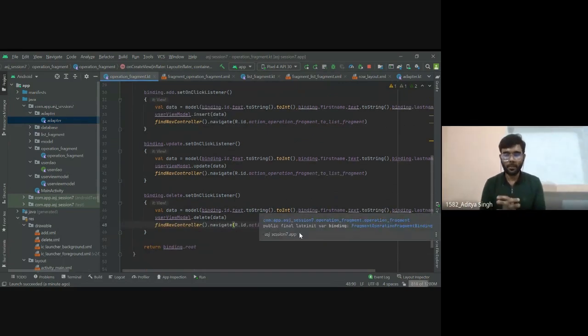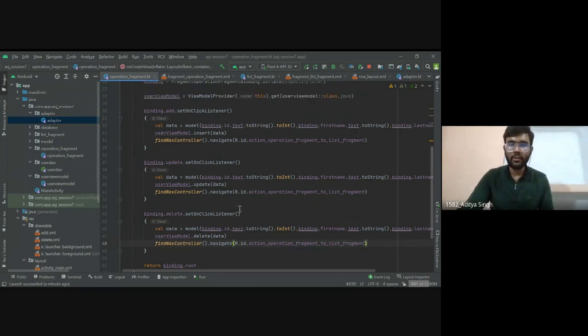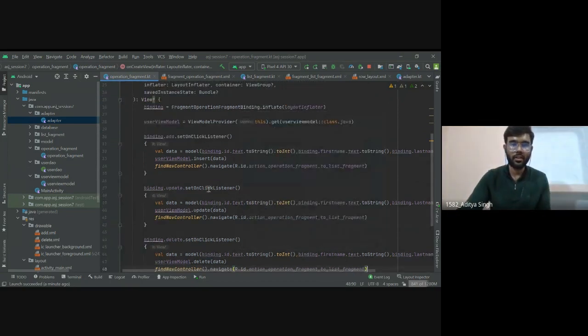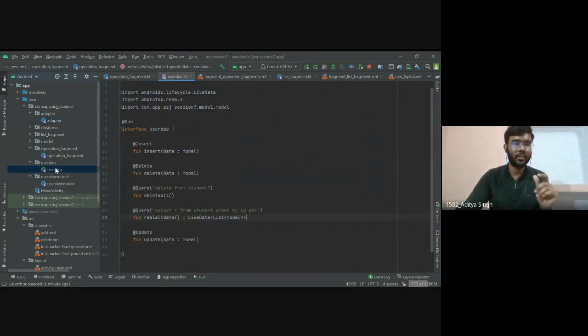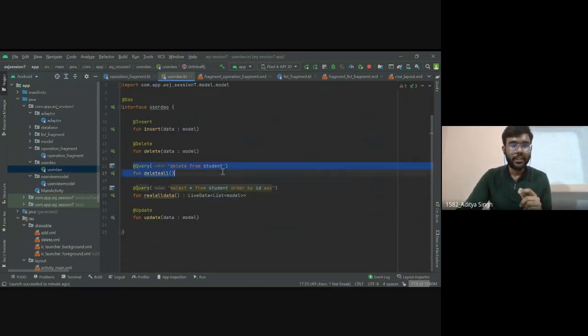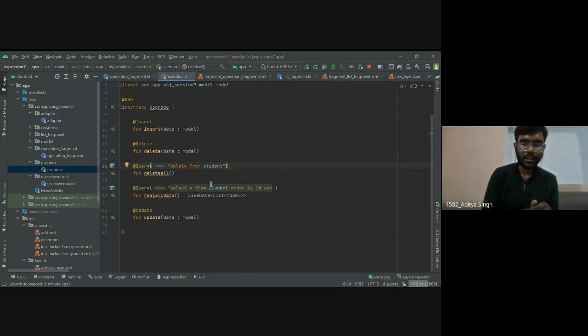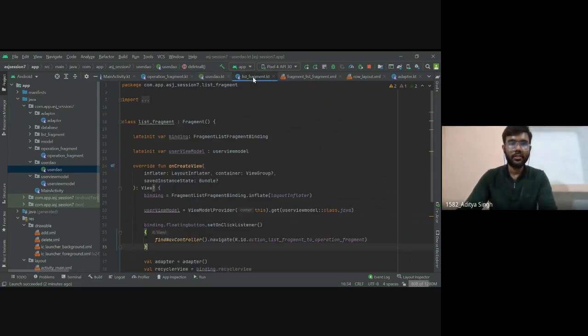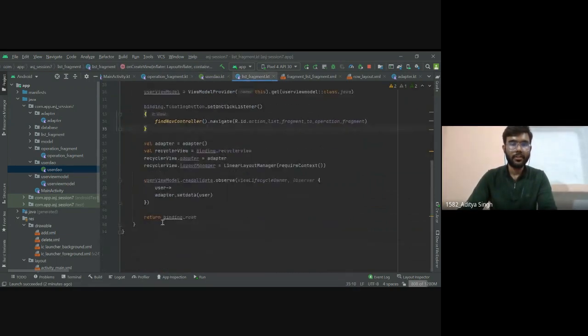Okay, so now we want to create a button for deleting all the data. Till now we haven't used deleteAll anywhere, that feature which we have created in our user now. So we will use this, and for this we will create a dialog as well. Okay, so let's go to the list fragment, and here are some functions. So I need to create a menu file for that.